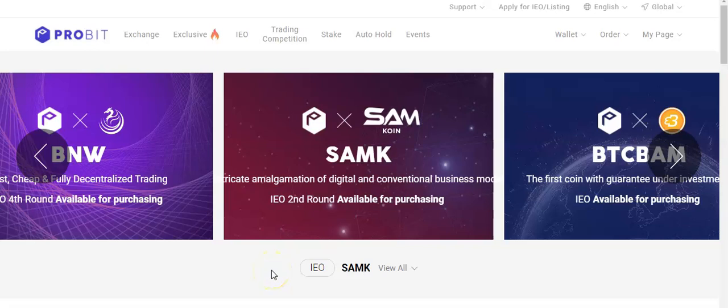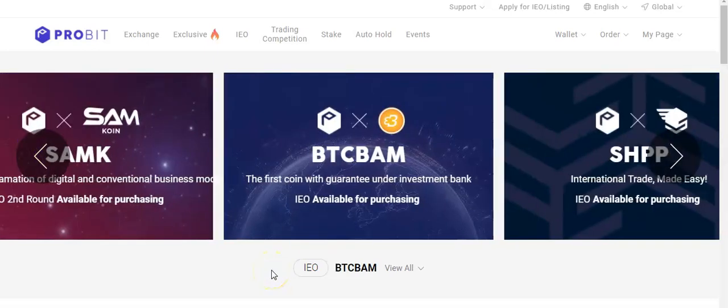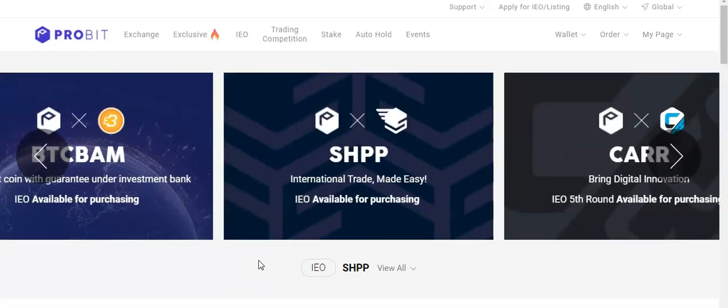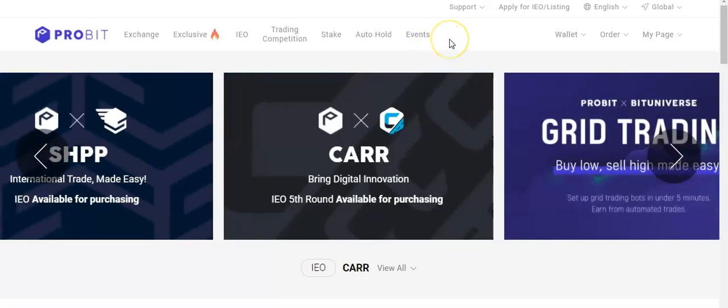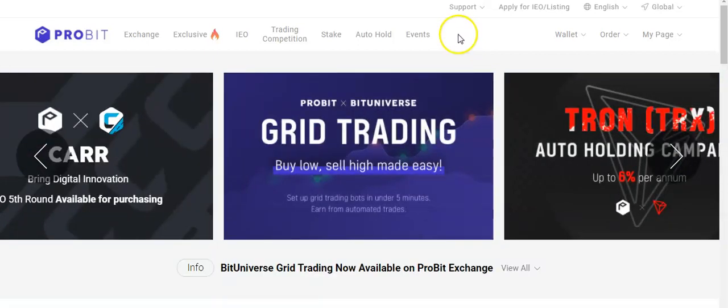All right, let's see if we can figure out how everything works on Probit. First of all, where everything is, and secondly, how it works, what we need to do. So I just signed up. I'm doing this for the first time. So bear with me as I try to figure this out, and at the same time sharing this,